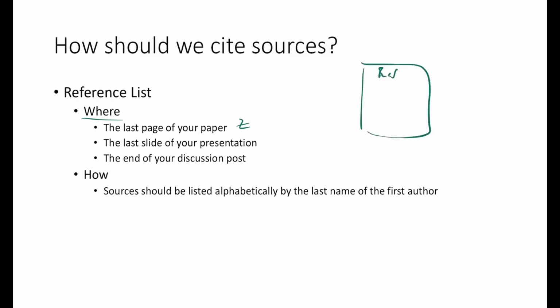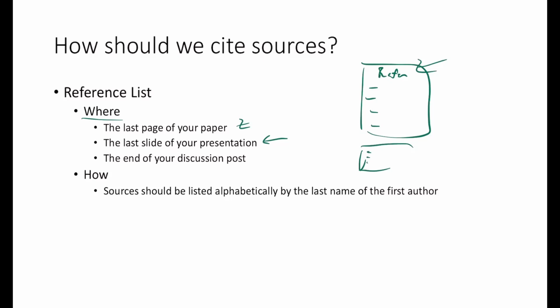You'll write references at the top, and then you're going to list them out right after that. If it's on a presentation, then you're going to do the same thing, but it's going to be your last slide. Your last slide is your references, so you're going to make a brand new slide. You'll title it references again, and you'll put them all down at the end.